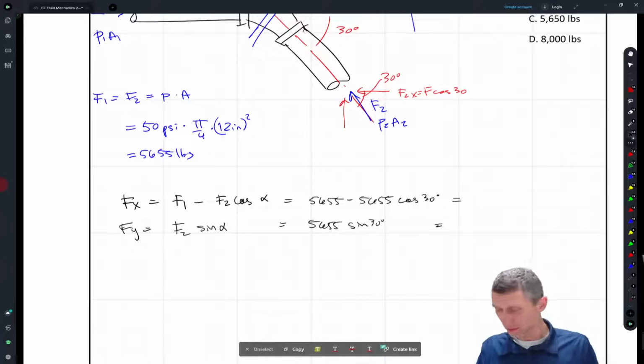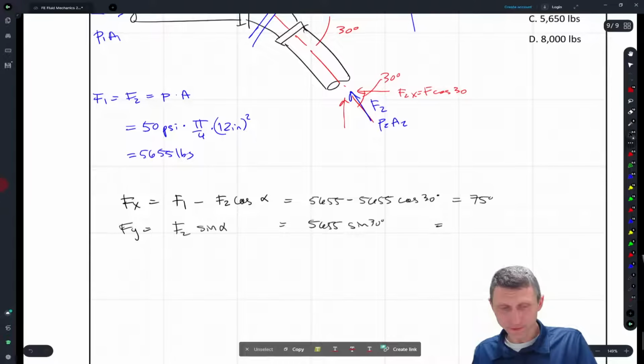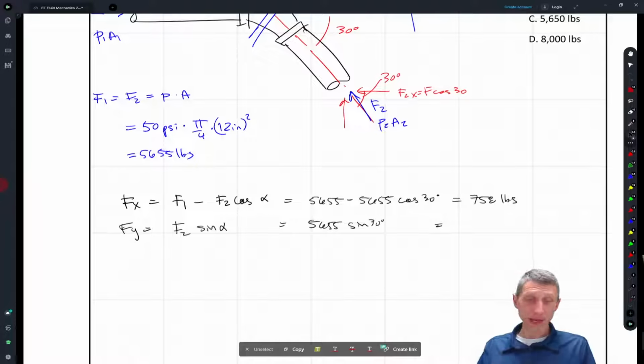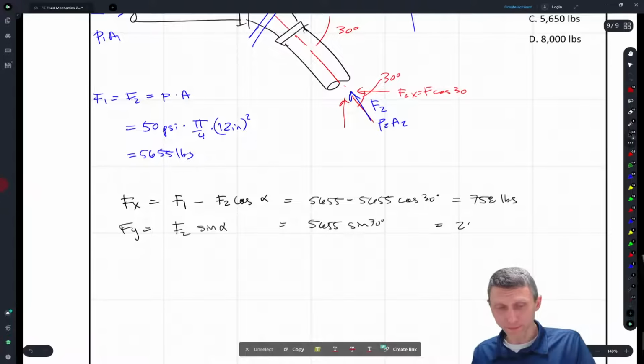Well, let me just double check to make sure I get it right. 5655 minus 5655 cosine 30, I got roughly 758 pounds, and 5655 times the sine of 30, so this bottom one is going to be about 28